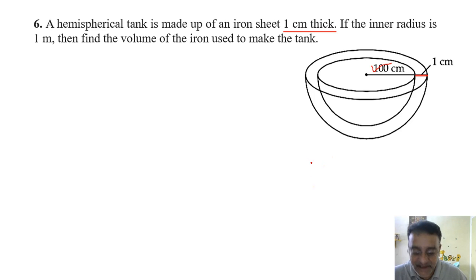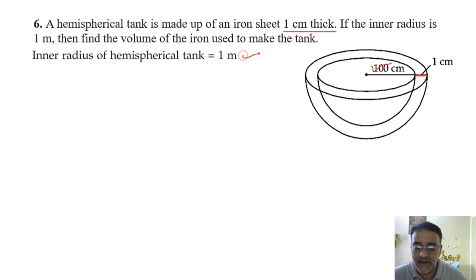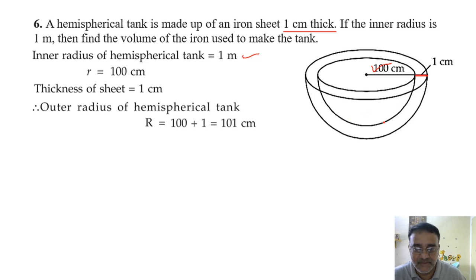Okay, so let us start with the inner radius of the hemisphere. I mean to say 1 meter. 1 meter means 100 centimeter. And what will be the outer radius? From here to here. Sir, 101. Right, 100 plus 1. That is 101 centimeter. Now, just now I told you that volume of iron used is equal to volume of